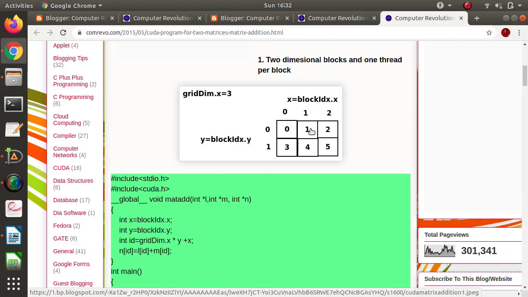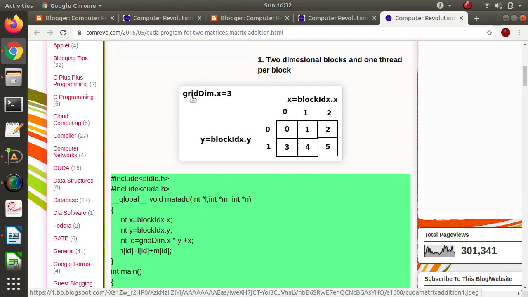Now see, this is one block, this is a block, this is a block. The collection of blocks we call a grid. The size of the grid is called gridDim, and along the x-axis it is written as dot x. So gridDim dot x means the size of the grid, that is, the number of blocks in the grid along the x-axis. So it is 3. If you take gridDim dot y, the number of blocks in that grid along the y-axis, that will be 2.